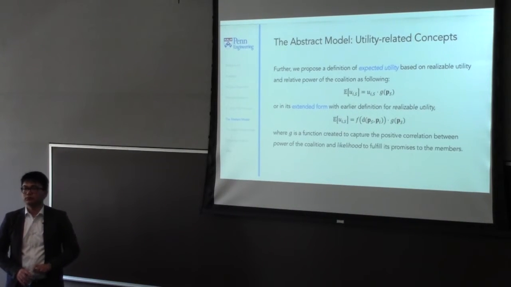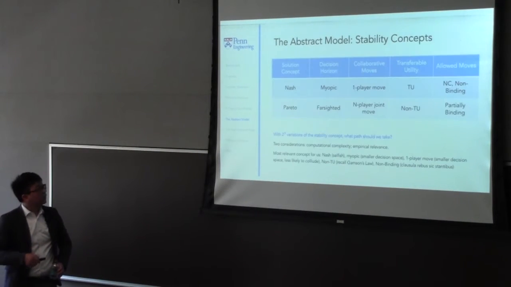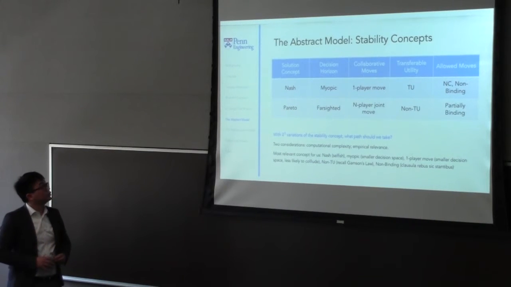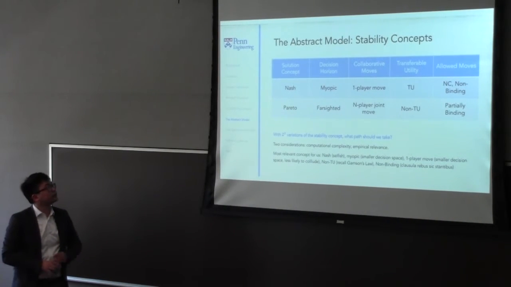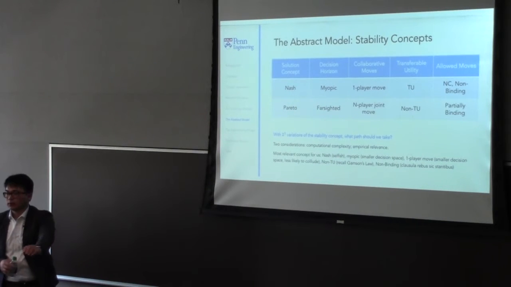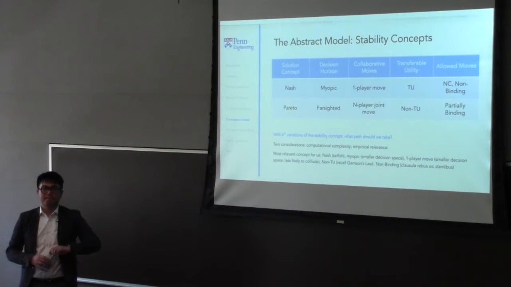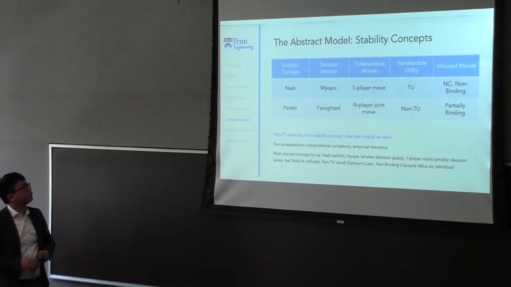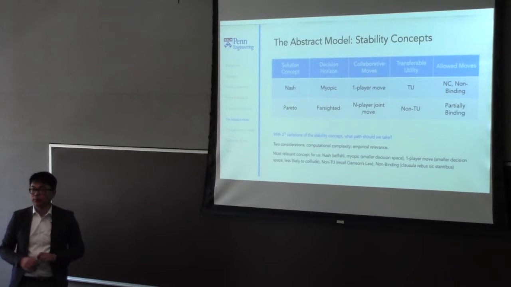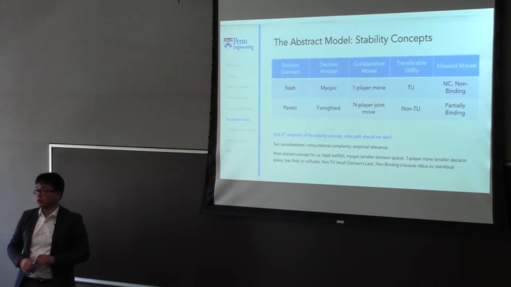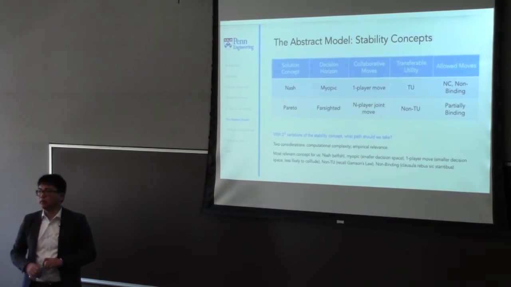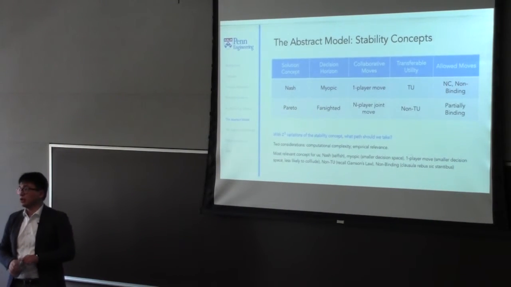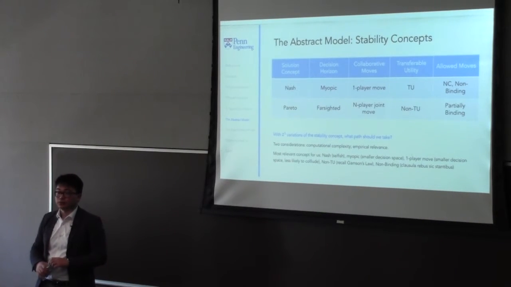Yep. Okay. So now we have pretty much defined the expected utility and the way the state moves. Now we talk about stability concepts. As you probably know, the stability concept has many variations, and we talk about 5 ways of varying it. The first one, the solution concept itself, could be Nash or Pareto. Nash means that when it's stable, no player is able to unilaterally be better off without consideration for others. And Pareto means you cannot be better off without making others worse off.